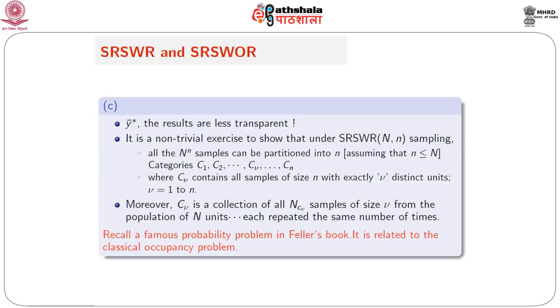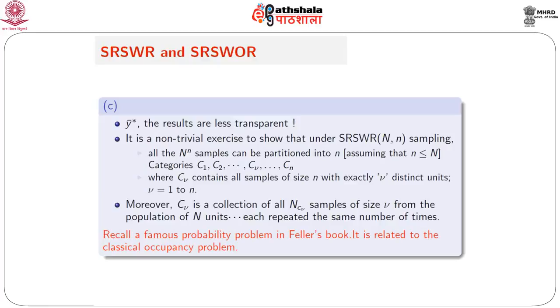This y bar star, the results on y bar star: there is a claim that y bar star is also unbiased, and that y bar star has a smaller variance than y bar. These results are less transparent. I want to deal with these things a little bit, and then I might take up some non-trivial questions at the end. So it is a non-trivial exercise to show that under with replacement sampling, all the capital N to the power small n samples